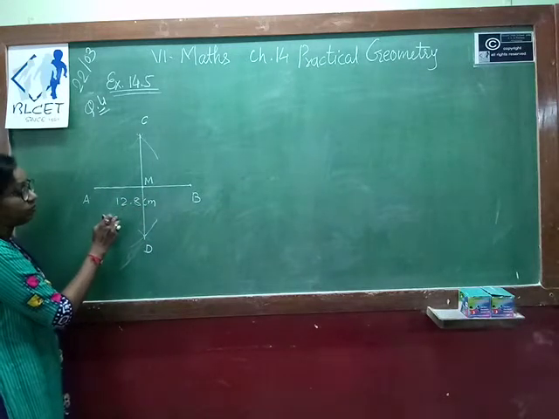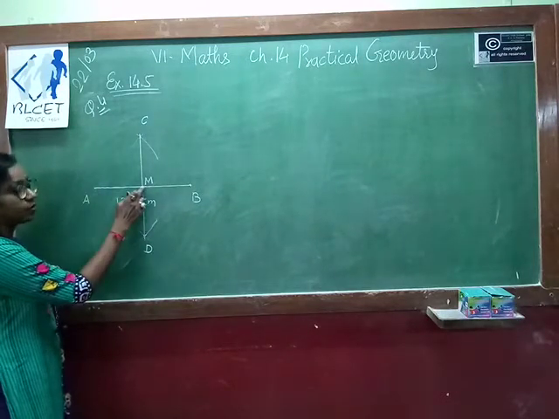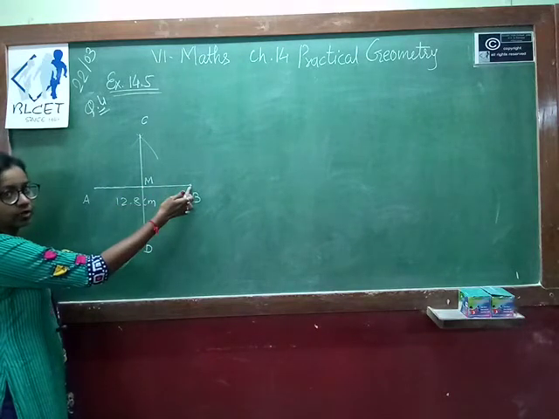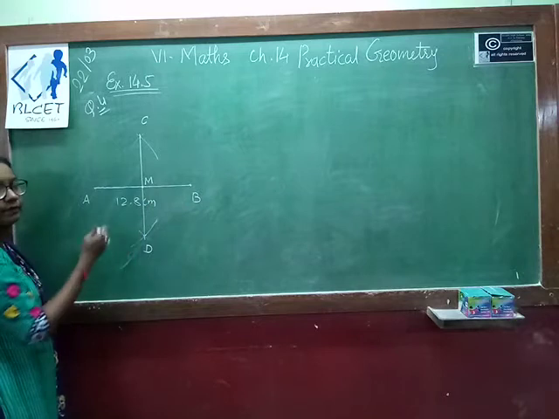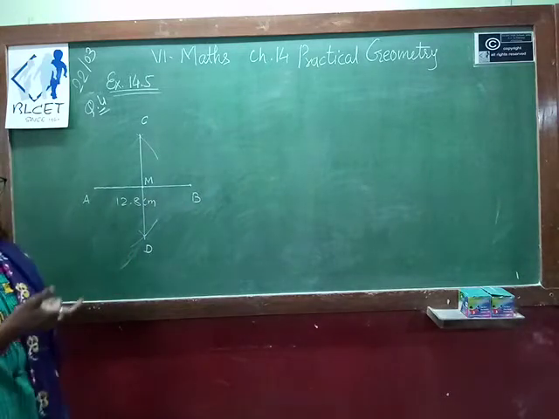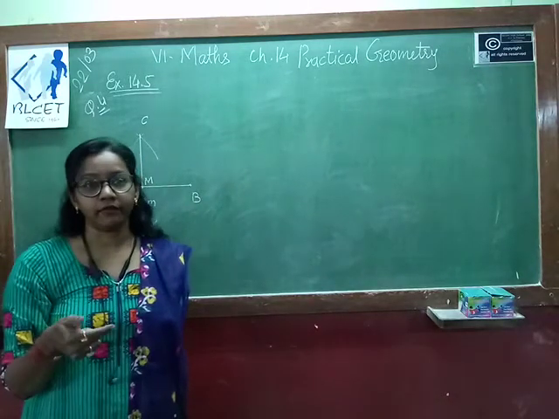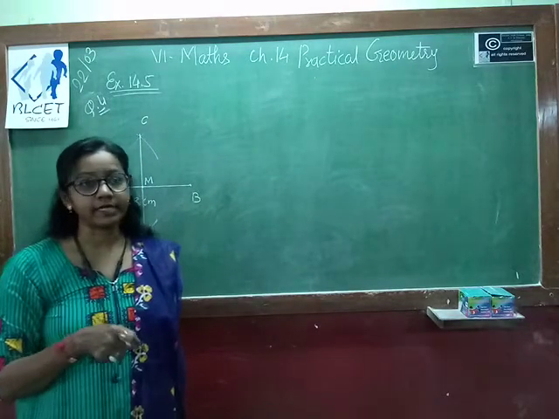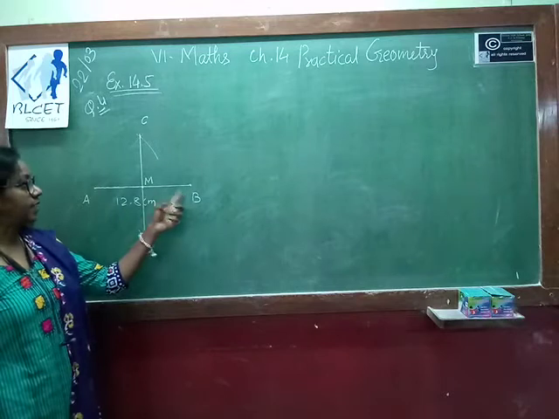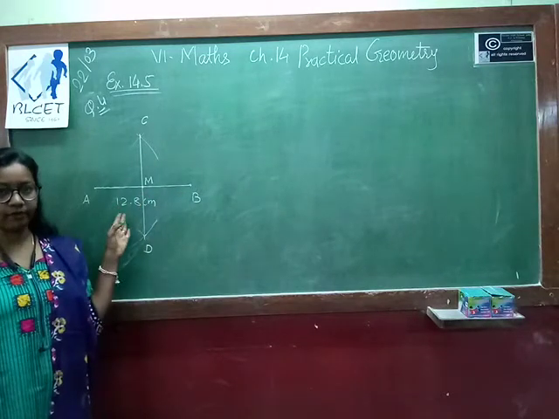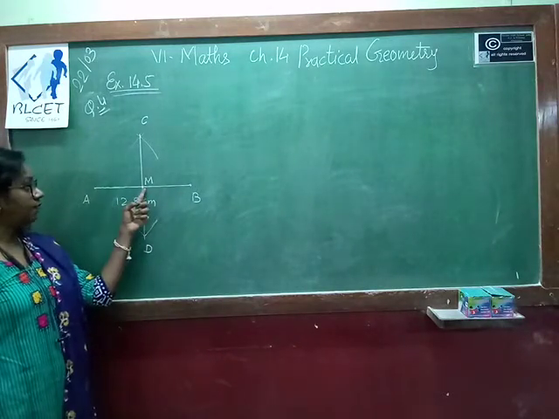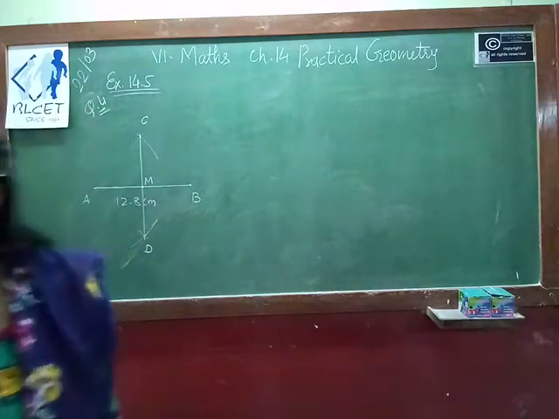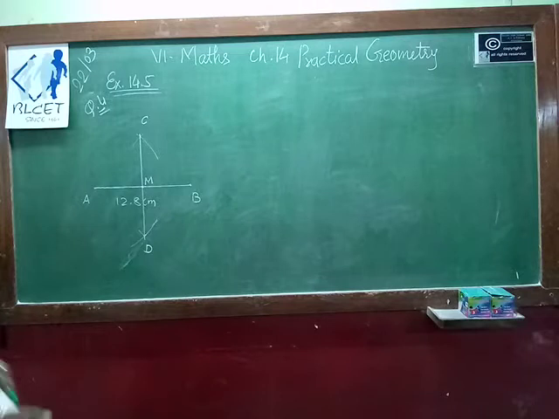Now what we will do? We divide AM into 2 equal parts and MB into 2 equal parts so that we are getting the 4 equal parts. If you take a circle, divide the circle into half, again divide the half into half, so we are getting the 4 equal parts. Same way we divide the line segment first into 2 equal parts and then whatever half parts we are getting, again we divide those half parts into half so that we are getting the 4 equal parts.